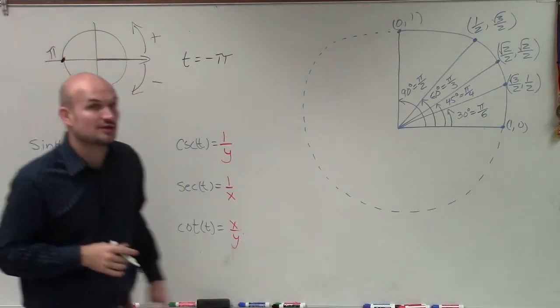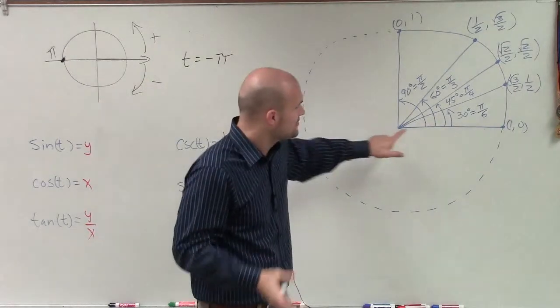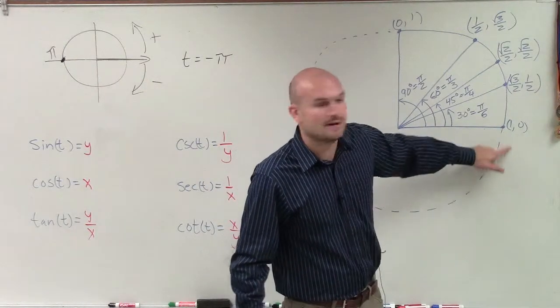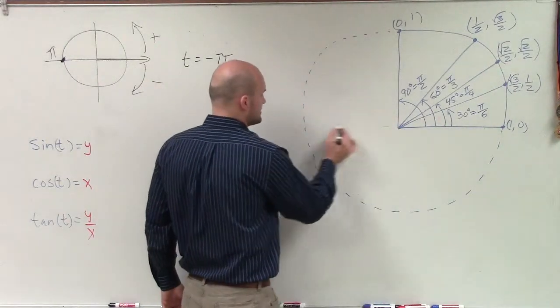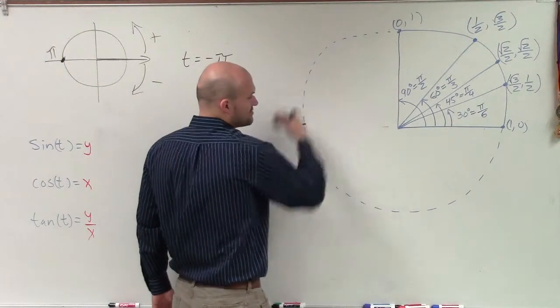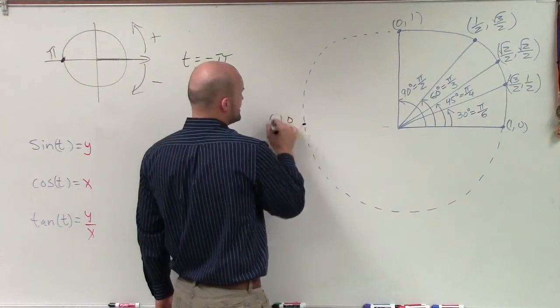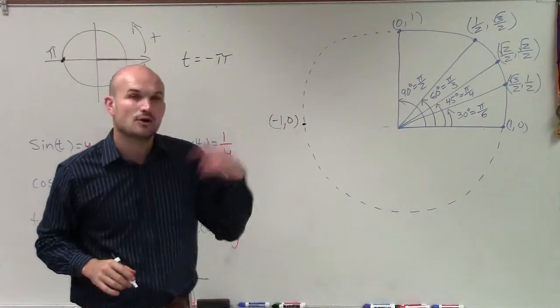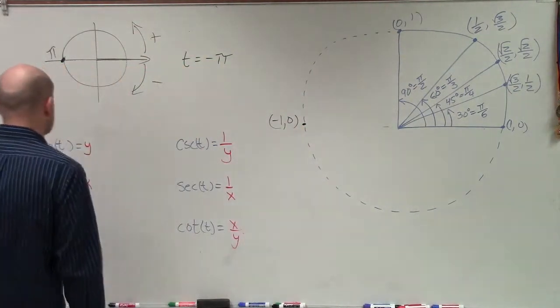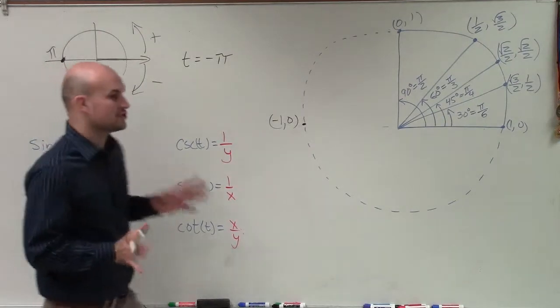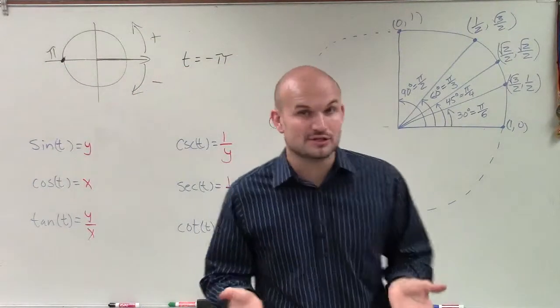going to intersect the unit circle is at the point pi, which we know that over here is 1, 0. So if I was to continue this on the other side, if here's my unit circle, but I only did the points for the first quadrant, then this point has to be the reflection over the y-axis, which would then be negative 1, 0. So when we're evaluating our 6 trigonometric functions for a point that's on the unit circle,